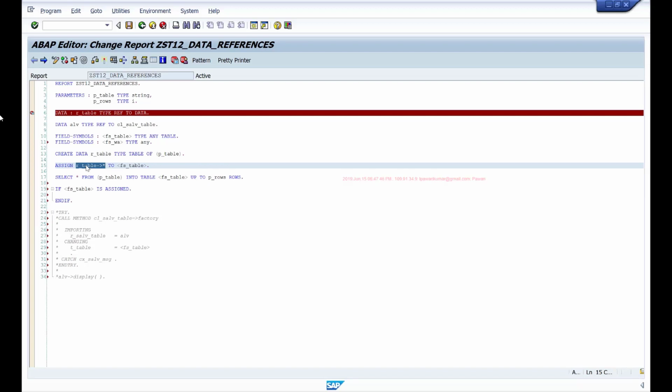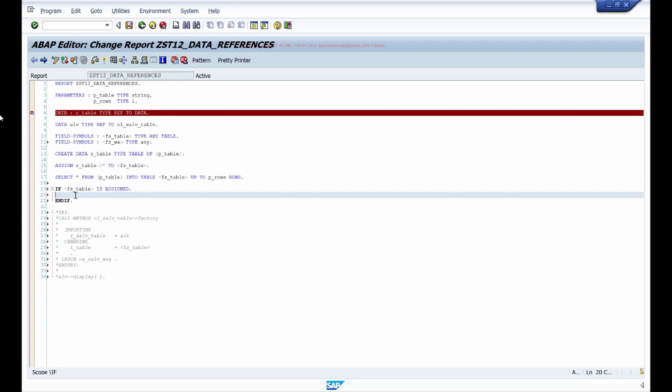If you say is bound, then that condition will be satisfied only if this data reference is bound. Okay. So I can say loop at FS table assigning FS work area. So it will assign the first row of this table to this work area.